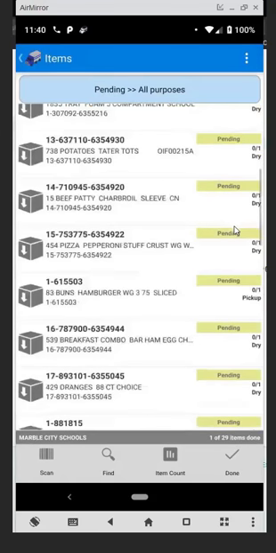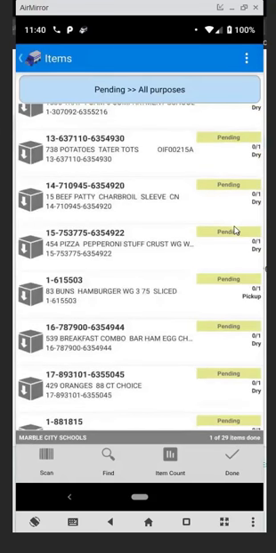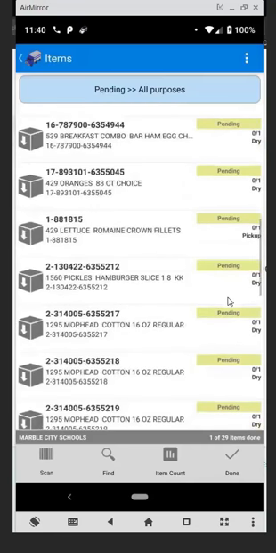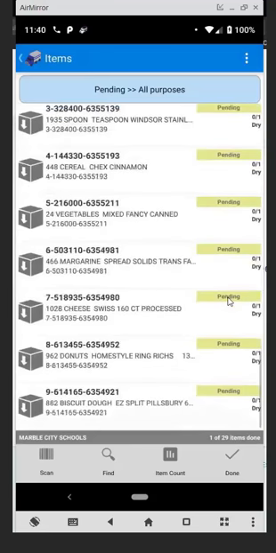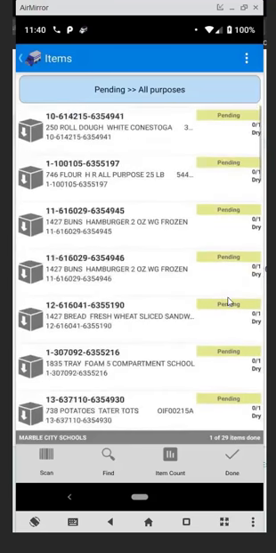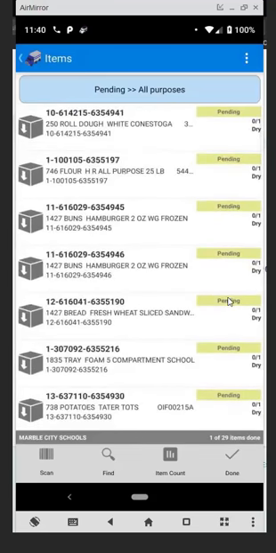Okay. Is it going to say we're going to have a pickup on that stop? Will it tell us, or is it going to be mixed in with the rest of the product? Well, right now it's going to be mixed in. It's based on a default list order. Yeah. I think we can do it by purpose. So if you want to do all of the pickups last, I think we can have it filtered down